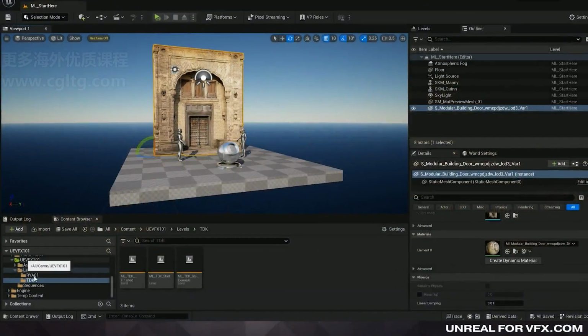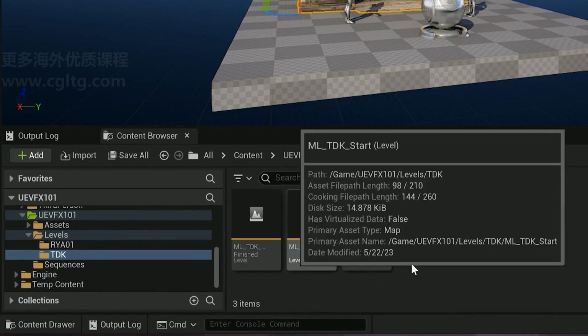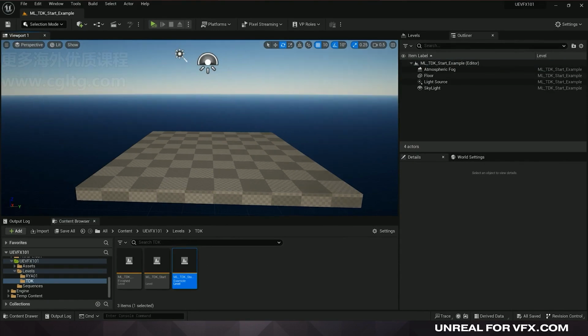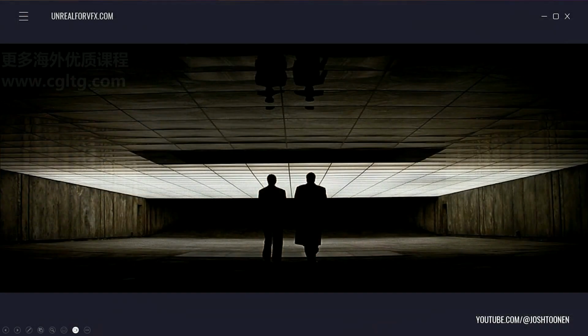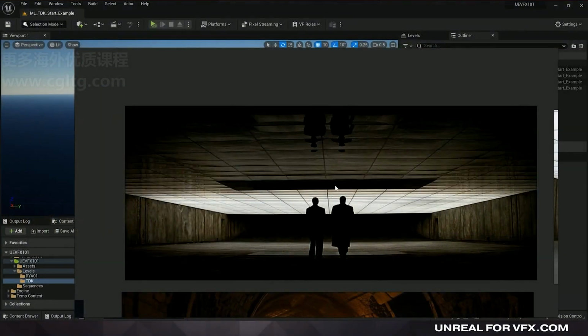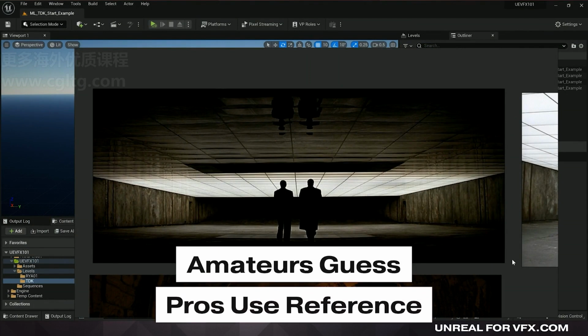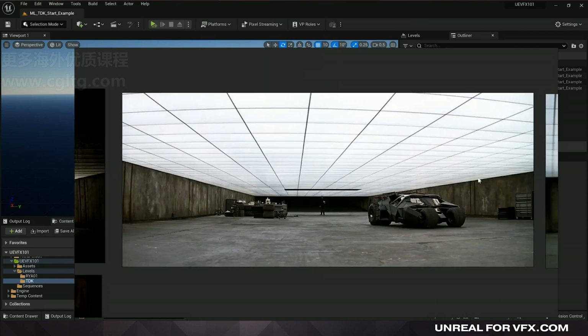So if you want to go ahead and navigate to the TDK folder and go to ML_The Dark Knight start. So here we are. We're truly going to start from scratch and just start building everything step by step. So I'll include this image in the description, but just make sure to keep this on standby. And if you have a second monitor, make sure to keep this by your side at all times. For some reason, at a certain point, people think they get too good for reference, but the best pros, the best of the best, use reference as their holy grail, as their Bible, as their true north. So make sure to have it,